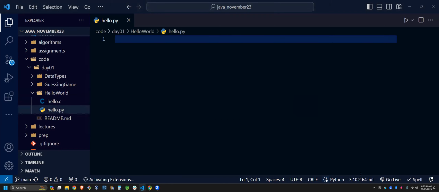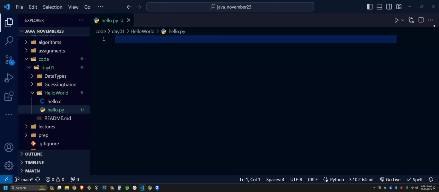So if I want to declare a variable that's going to store a name, how do I do that? I know it's been a while since you've done Python. You just name it and give it a value. Exactly.